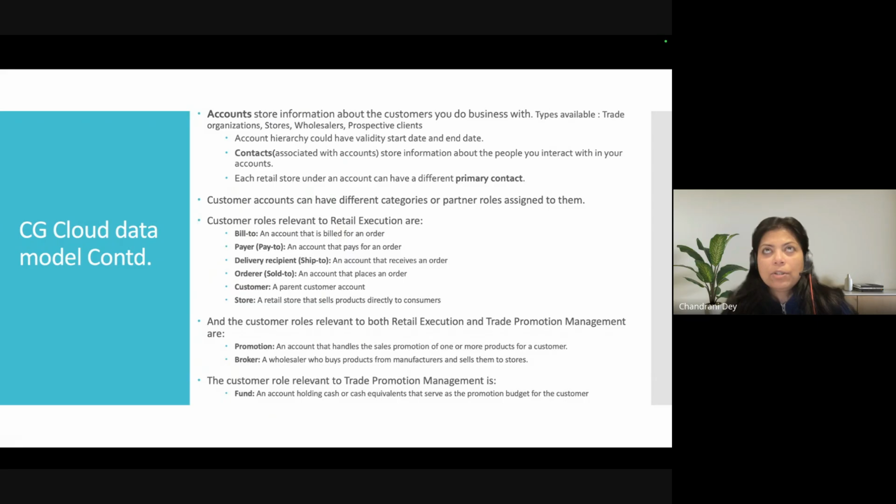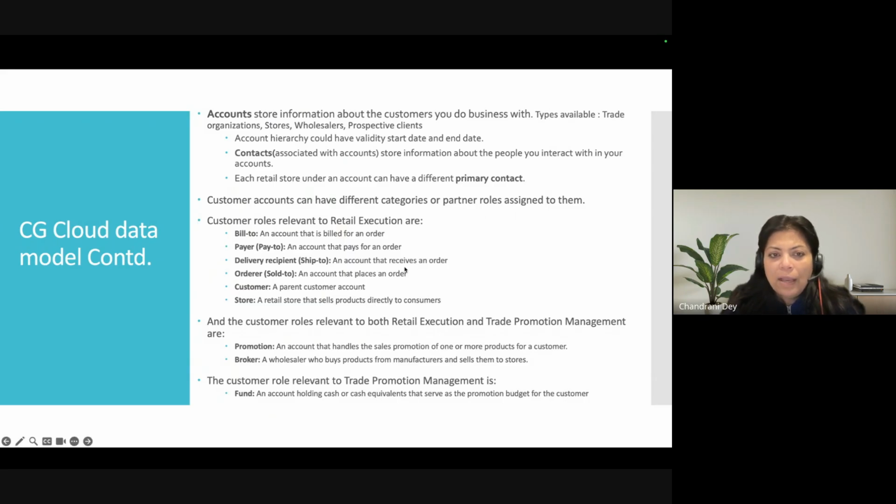Say Metro Cash and Carry in India. I don't know if it still operates. When I was there, it was just opening. So, say Metro Cash and Carry is an account for your company. You give your products to Metro Cash and Carry retail stores, but you do not collect the payment from each retail store. You collect it from the master account, right? Or you collect it from the local master account who handles all those retail stores.